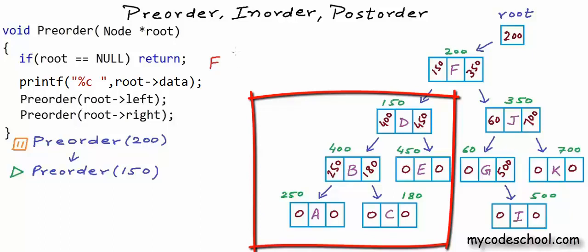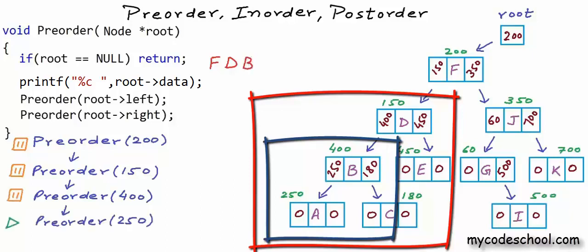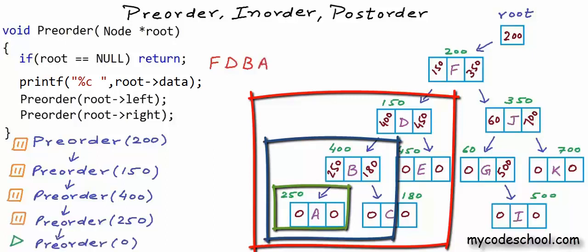Once again, for this call, root is not null, so we will go ahead and print the data. Data in node at 150 is D, and now once again there will be a recursive call. With this call preorder 400, we are saying that we are going to visit this subtree. Once again we will print the data and make another recursive call. Now we have made a call to visit this particular subtree with just one node. For this call we will print the data, and now for node at 250, the address of the left child is 0